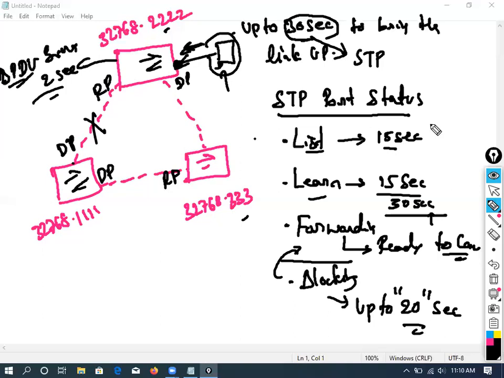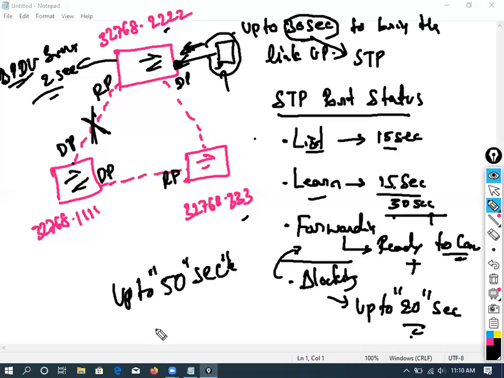Clearly understand? Now overall, have a look. Once I lost my active link, and I want this blocking port to come back to the forwarding state and have stable network connectivity, it will take 15 plus 15, 30 plus 20, up to 50 seconds. Is it clear? I'm saying up to 50 seconds.